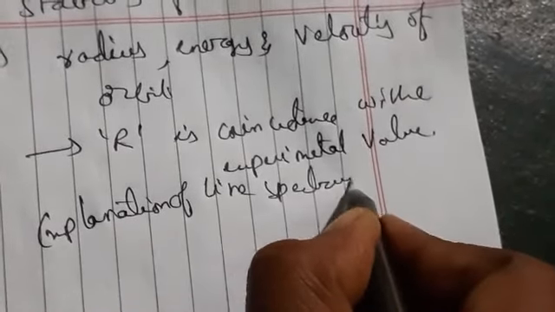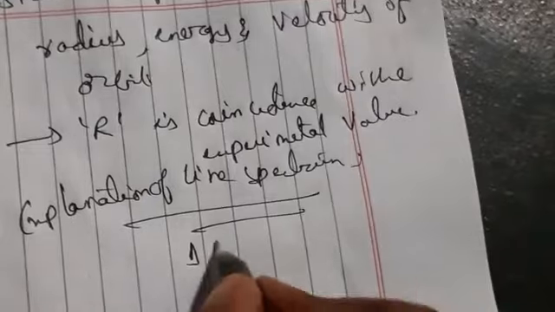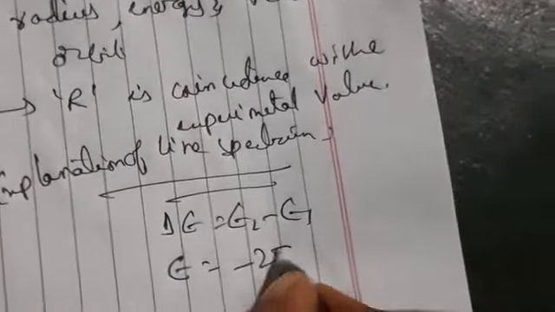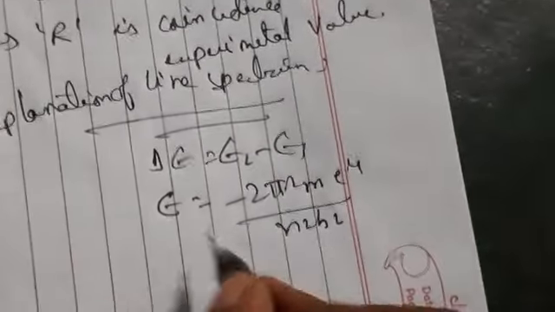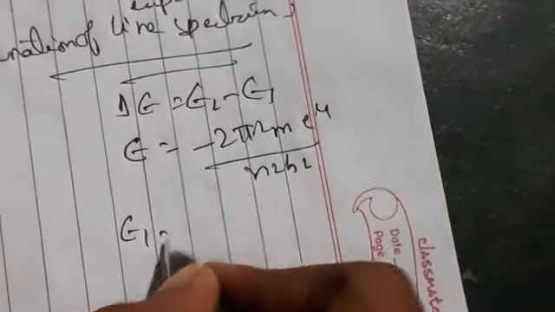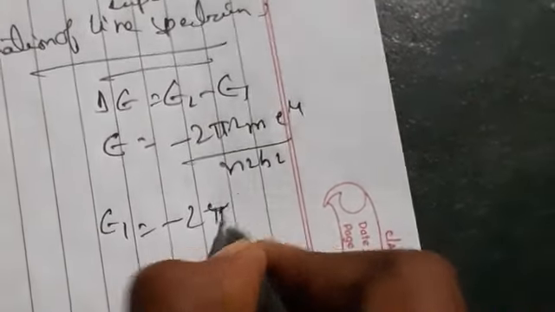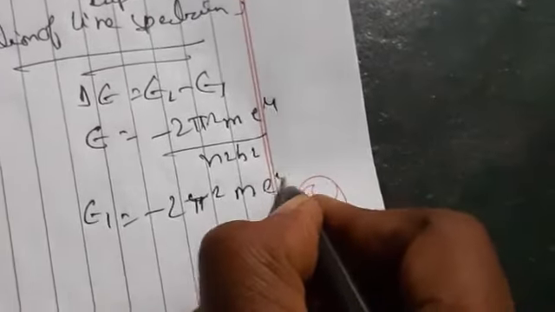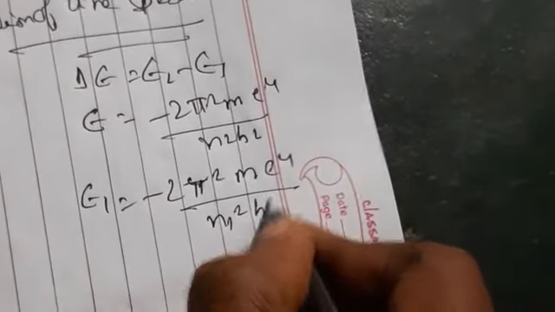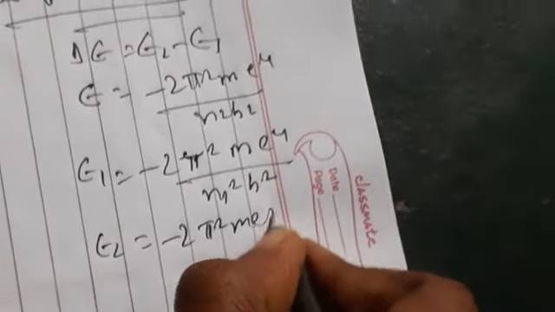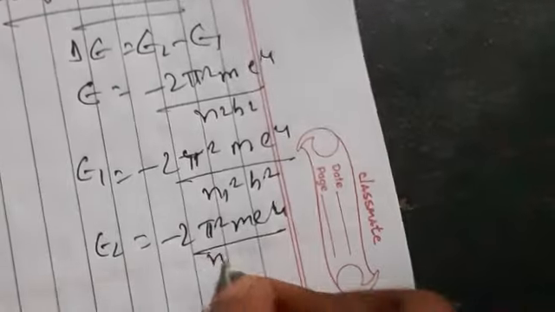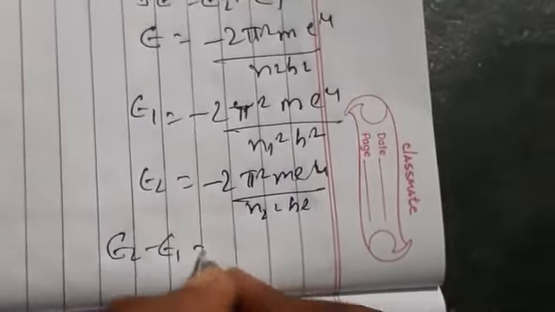Okay, so now the explanation of the line spectrum. If you take delta E equals E2 minus E1, as we know the total energy will be minus 2 pi square m e power 4 by n square h square. So E1 is equal to minus 2 pi square m e power 4 by n1 square h square, and E2 is equal to minus 2 pi square m e power 4 by n2 square h square. If you substitute in this, as we know E2 minus E1 is equal to h mu,